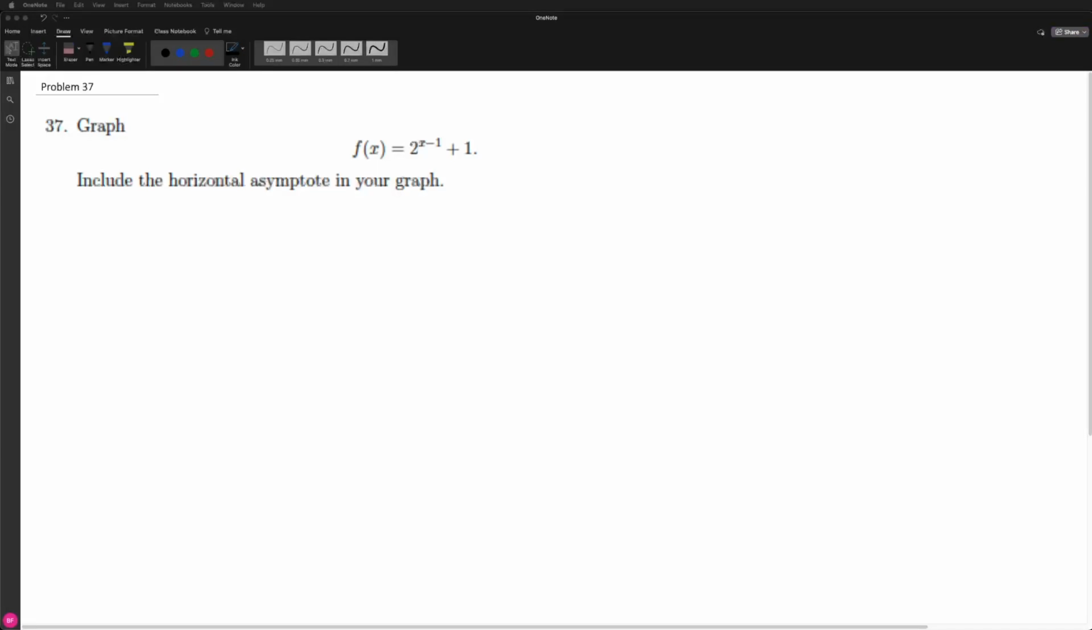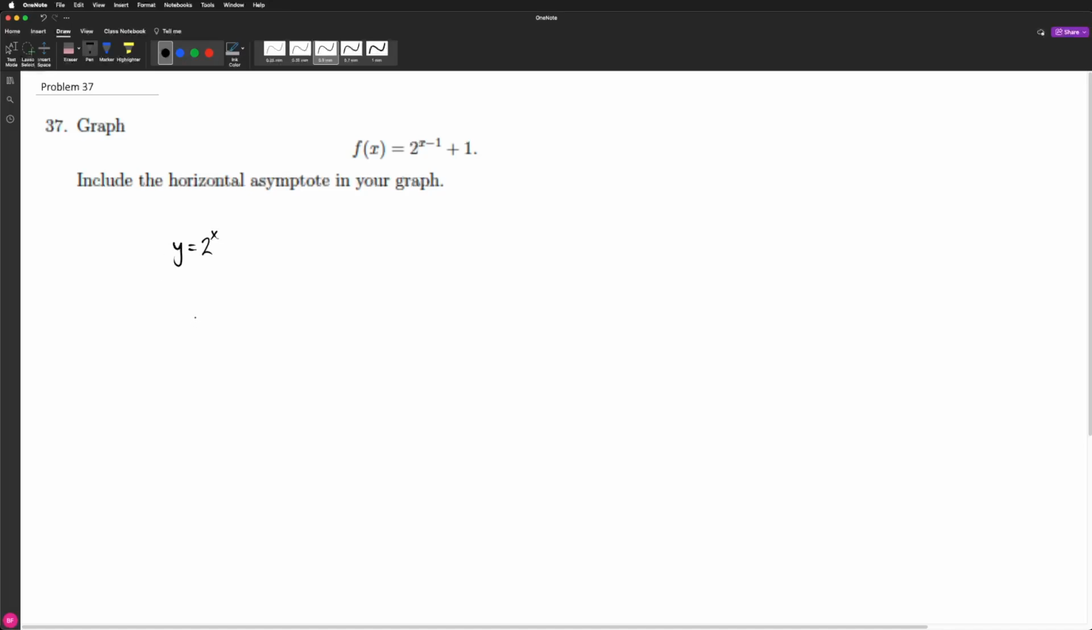Problem 37, graph the function f of x equals 2 to the power x minus 1, plus 1. Include the horizontal asymptote in your graph. This is a question about transforming exponential functions. So one thing you may want to know for sure is how to draw the toolkit functions